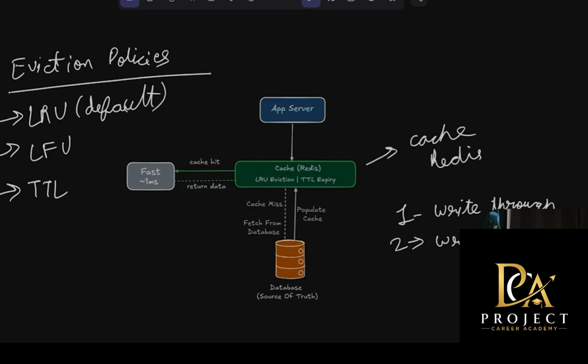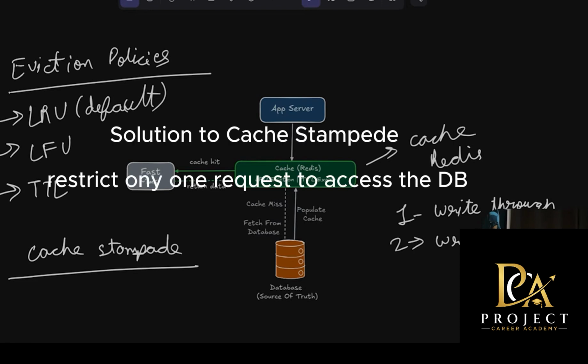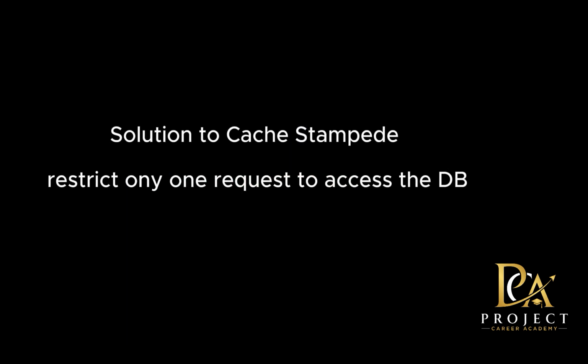Another issue comes, which is a cache stampede. Imagine a highly popular cache key suddenly expires. It is highly popular, so obviously there will be a lot of requests now. And all of these requests will result in a miss, because the data is no longer in Redis. And every request will go directly to the database. And this sudden spike can obviously overwhelm the database. And this is what we call a cache stampede. How do we solve for it?